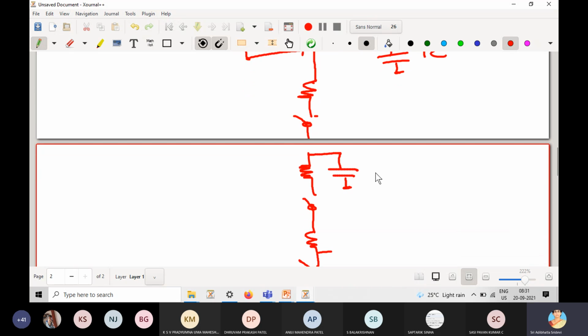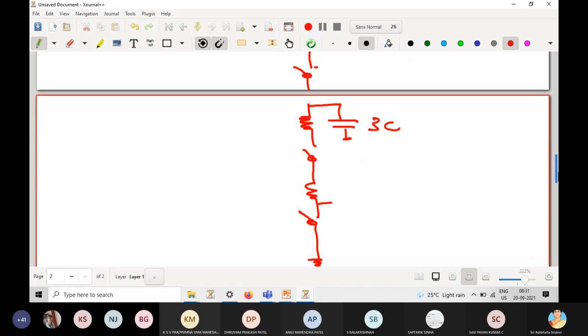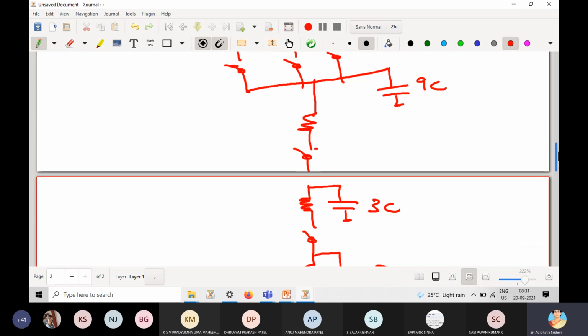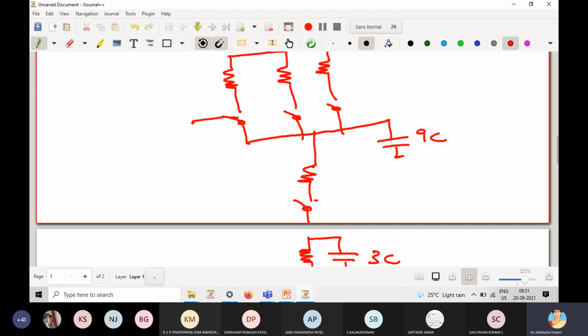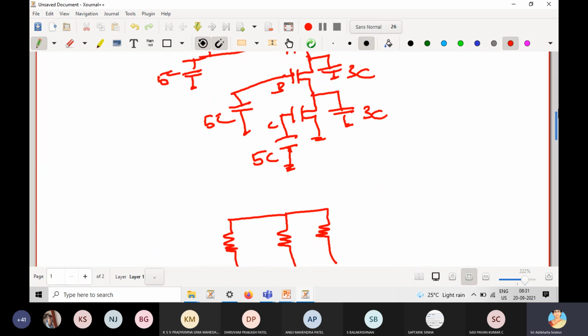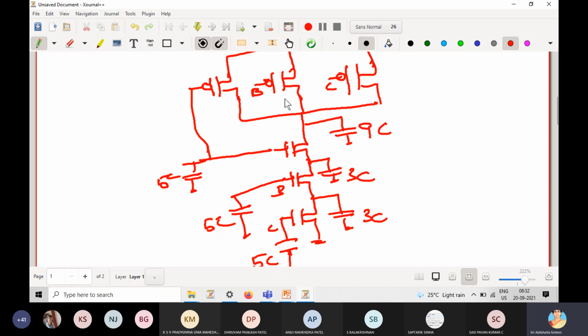And at this point, I have 3C. And at this point, I have 3C. And this switch will have the input, right? So here I can have the input A. Here also I can have the input A. At the input, I have a capacitance of 5C. Similarly, at input B, I have a capacitance of 5C. Input C, I have a capacitance of 5C. We have to visualize like this. Whenever I'm drawing a PMOSFET, it is a switch. It depends upon the input. It will either close or open.